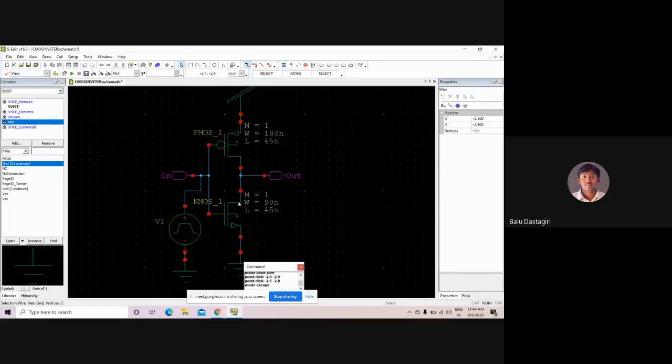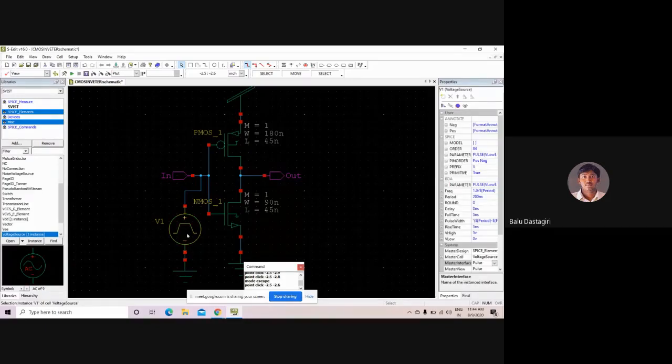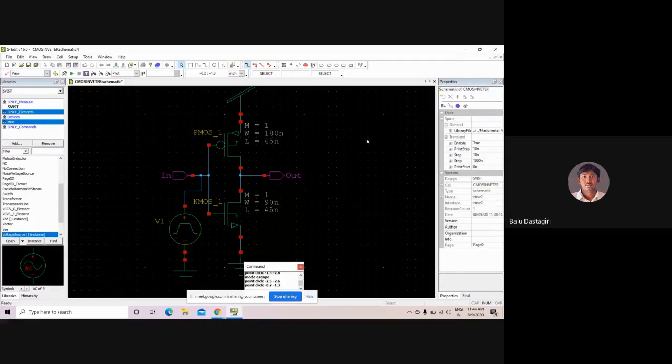Similarly, here it is VDD. VDD means nothing but the supply voltage. This supply voltage will not be the same for all technologies; it will vary with respect to the technology. In the 45 nanometer technology, as per the PTM model files, the maximum supply voltage we can give is 1.1 volts.